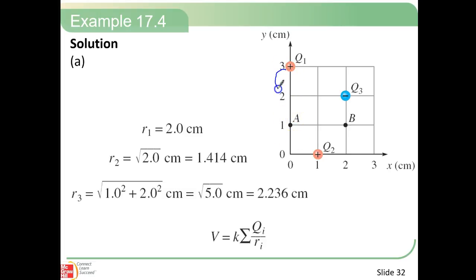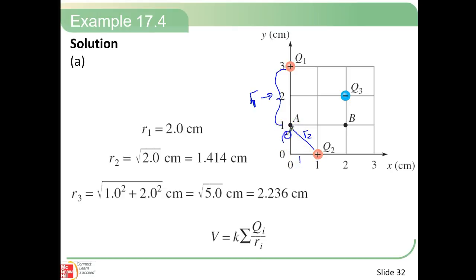So here's R1. That's the change of position from Q1 to A. So notice it's only 2 centimeters. If I want Q2, so I want R2, that's this distance. That's the square root of 2 centimeters,